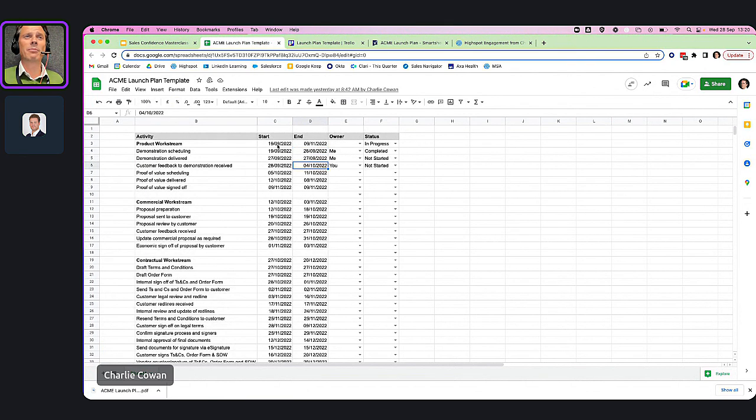Then, depending on how diligent I am, I might have put in a start and an end date of when I think these things are going to happen. I might have put an owner in here. It's going to be me, it's going to be someone at the customer, it might be someone else in our team. And then I might have some red, amber, green on whether these things have been started or completed. And this probably makes up 90% of all of the close plans I've ever seen, that either reps that have worked for me have shared with me, or that I've seen online. These are all the tasks, and this is what needs to happen. Now, the problem with this is sort of threefold. One is, it is a list.